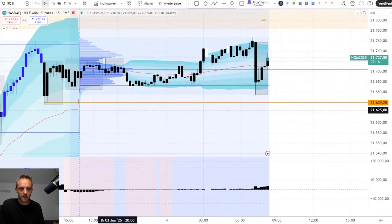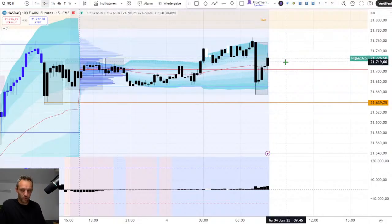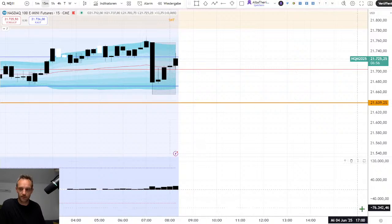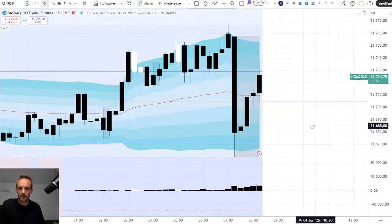This is the 50-minute chart of today. We have a very range-bound volume profile with second standard deviation rhythm to the upside, to the downside, and now we are moving to the upside again. So when the buyers are back, this would be nice, because then this would be a failure before the open. When the buyers come back right at the open,